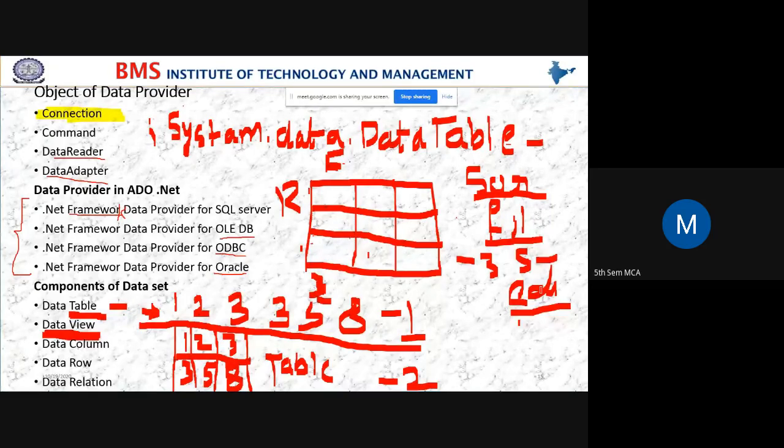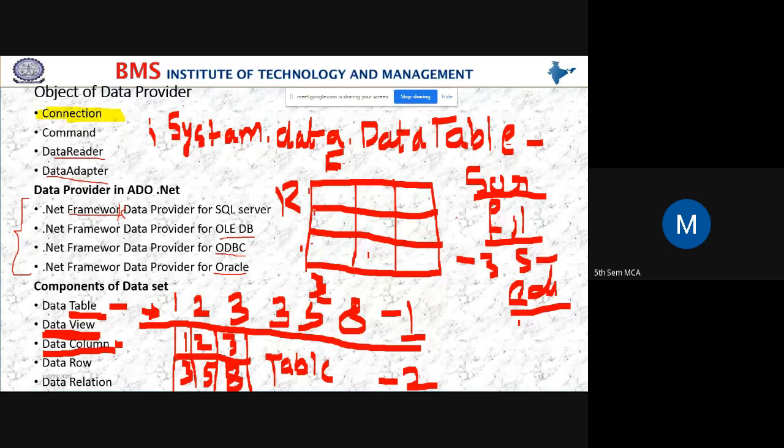And the table consists of data columns. The data column consists of the number of columns that comprise a data table. So the data column contains how many columns I have in my data table. Just now I told you, that's the reason why, when you take the example of this table, how many rows do I have?